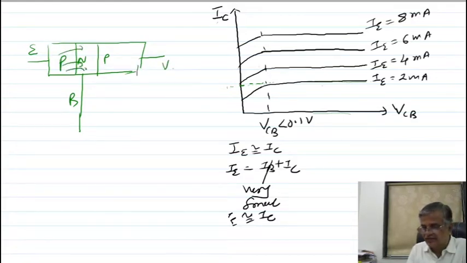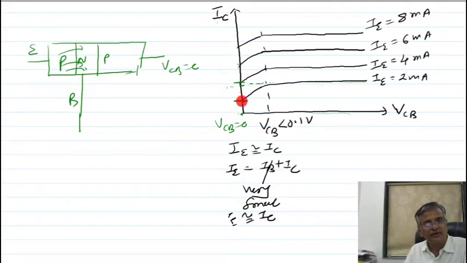Here you have kept zero voltage. At zero voltage, you are getting some current. I am explaining why you are getting this current at zero voltage. Remember, this is a very, very small value of current, but why you are getting it, I am telling you here.